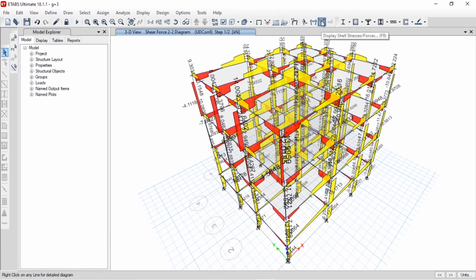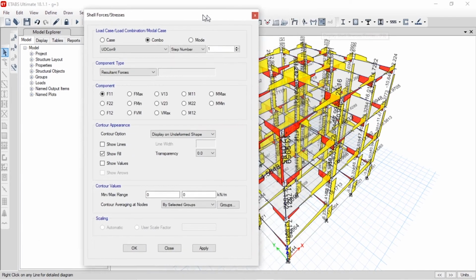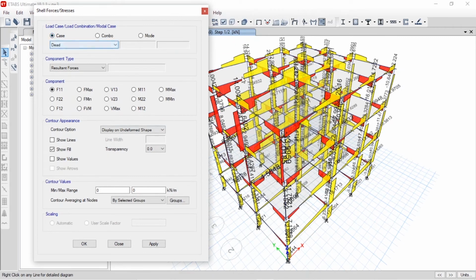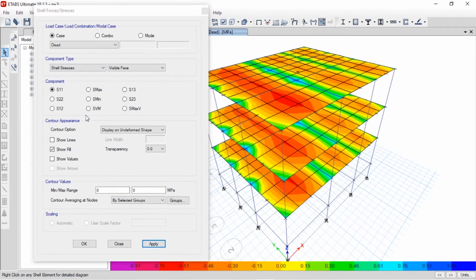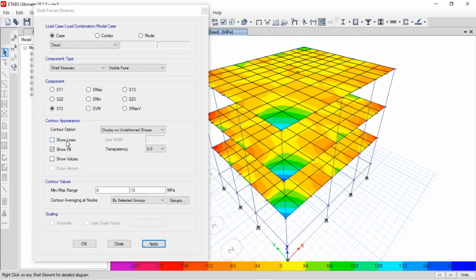And now we'll see the forces on shell, that is the slabs, and see the resultant force of the shell stresses also, and show different values. Okay, if you want, you can show the values also over here. You can see these are the values.